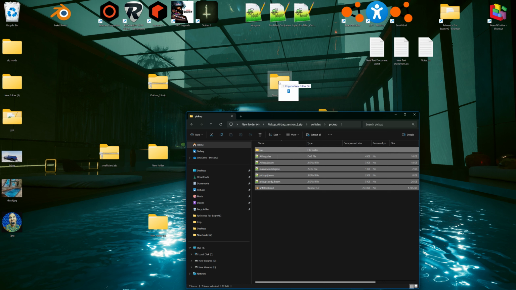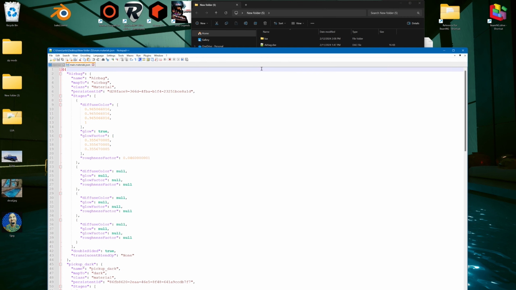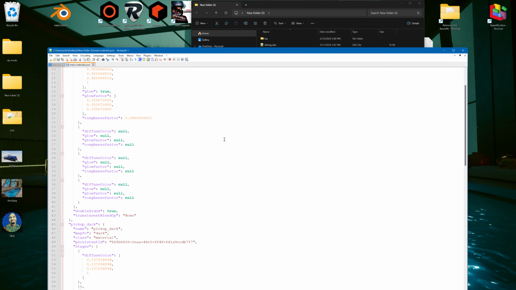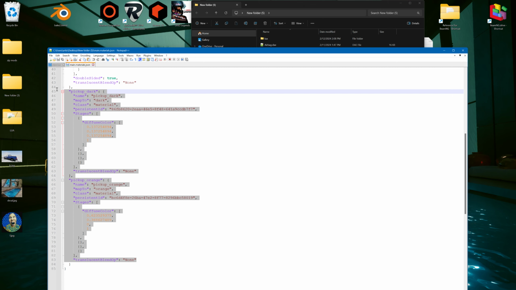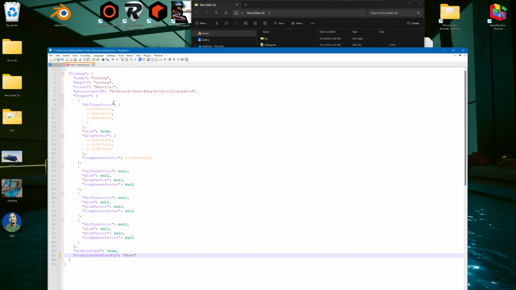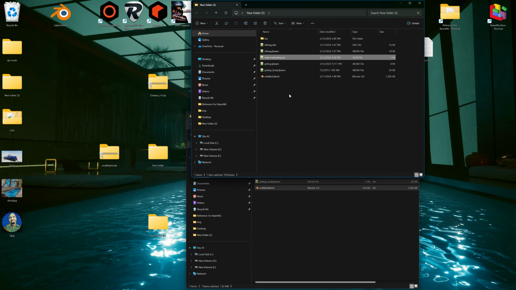So, putting all the stuff that's in the zip into a new folder. Let me check the main.material. See, we don't need anything related to pickup truck in that. I believe I can just save it like this and it'll work. I could have just picked a color in the game that's already got a material that's white. I don't know. I thought I might go back and put little letters on the airbag or something silly on there. I don't know. Now the pickup J-beam, of course, the only thing we're going to need out of it